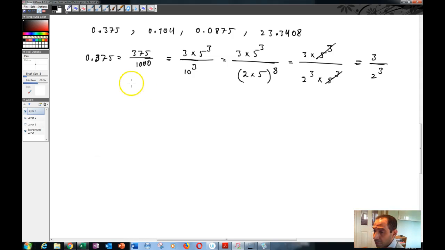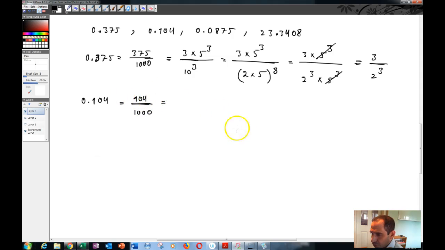Now, the second number that you have is 0.104. And what this is, you can write it as 104 over 1000, as the way that you even read this number suggests that this number is 104 thousandths. Okay, and then you can write this as